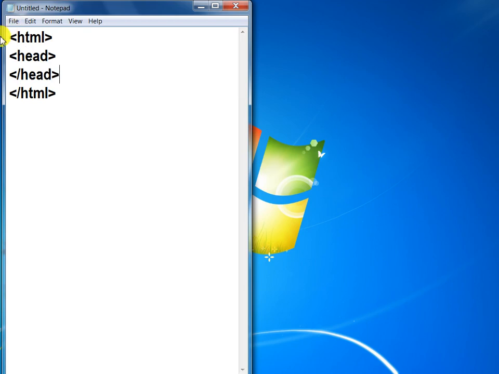First one is HTML, second one is head. Within the head there is a title, then close it. After the head, open the body tag and close the body tag.